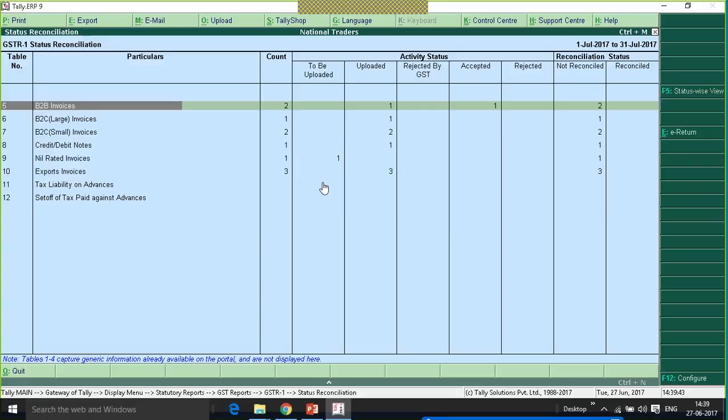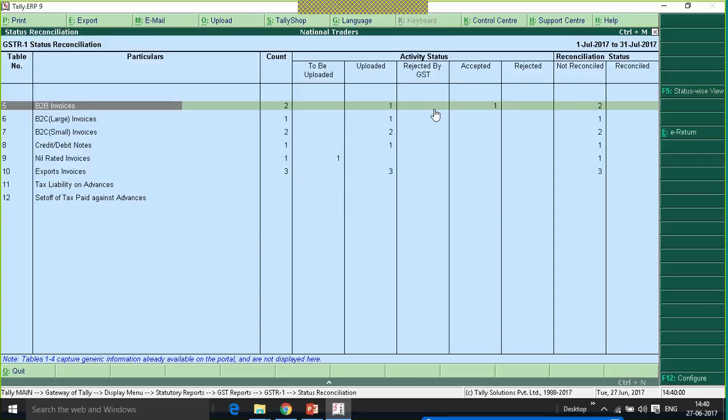Once the vouchers are exported, they will be part of the uploaded column automatically. And we have rejected by GST: vouchers marked as rejected by GST in the portal.